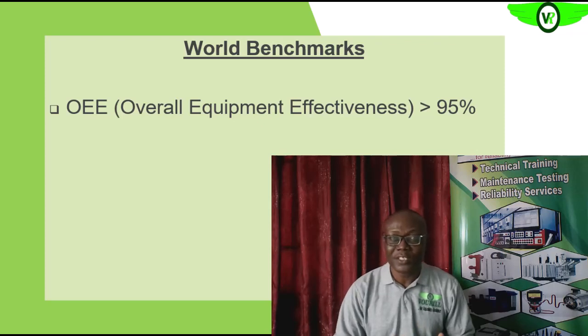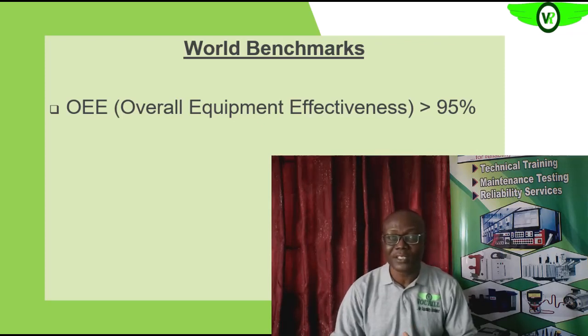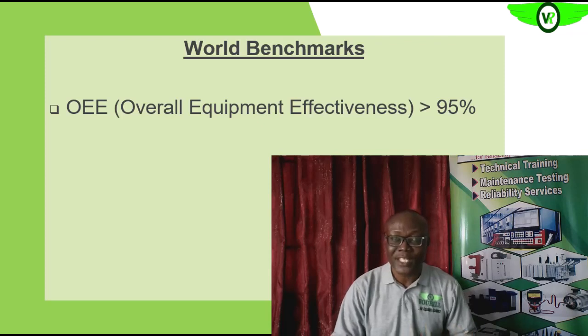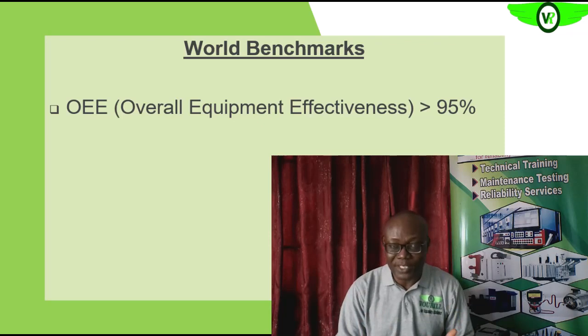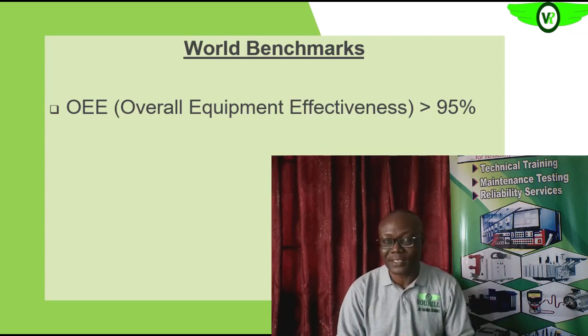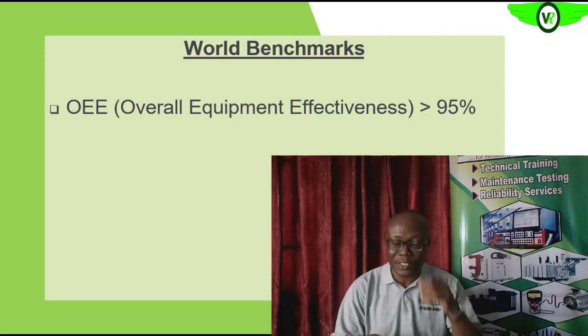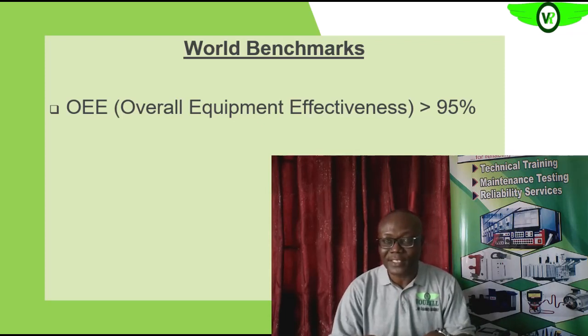The OEE, the overall equipment effectiveness, is a KPI that looks at not only the productivity of the facility, but also the availability of the assets. Are we getting it? The OEE is a very useful KPI